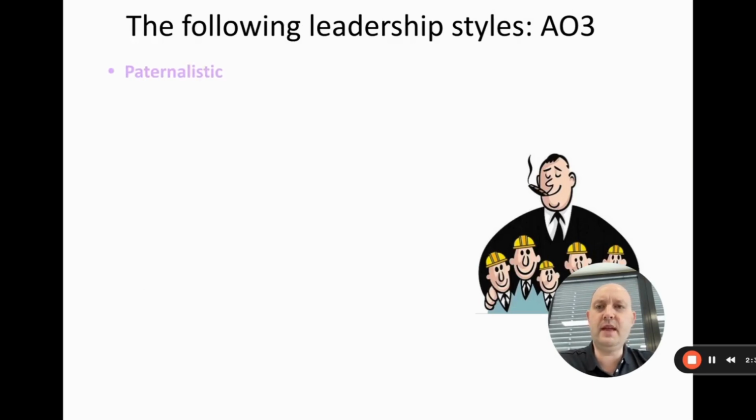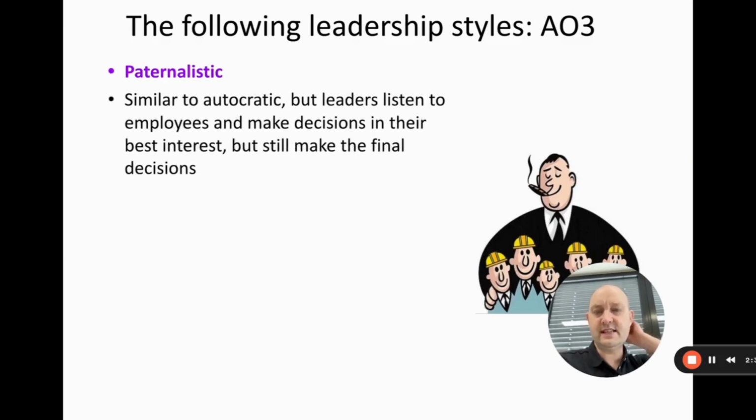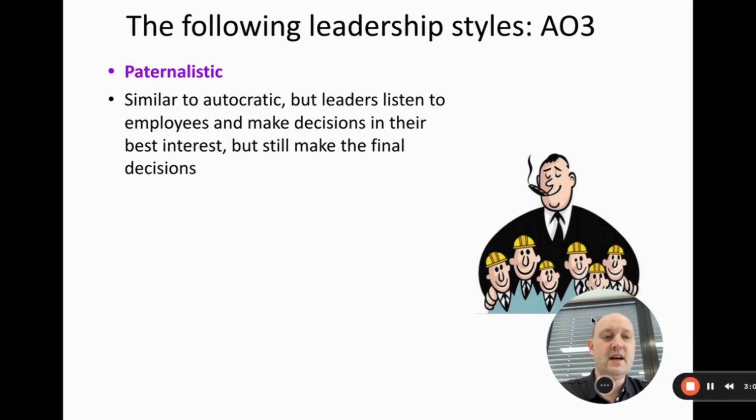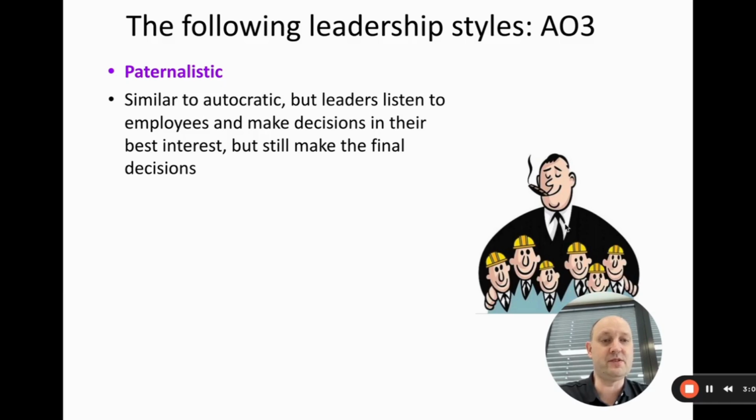Okay, moving on to the second one, which is paternalistic. Now, paternalistic is similar to autocratic, but in this situation, leaders will listen to employees and make decisions in their best interest. But importantly, they still make the final decision. So in this situation, the leader still makes the decision. They're still making that final decision, but they will be thinking about the best interests of their employees along the way. So this diagram summarizes this, where you've got a leader who's still obviously powerful and making those decisions, but they're looking after the staff,